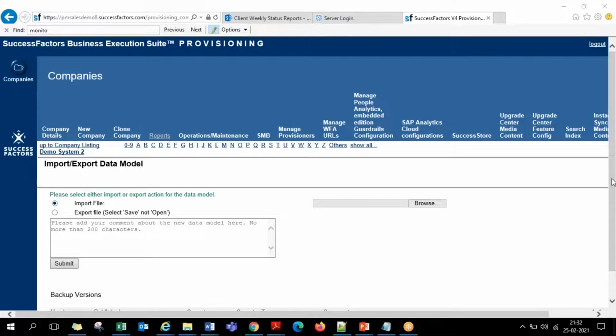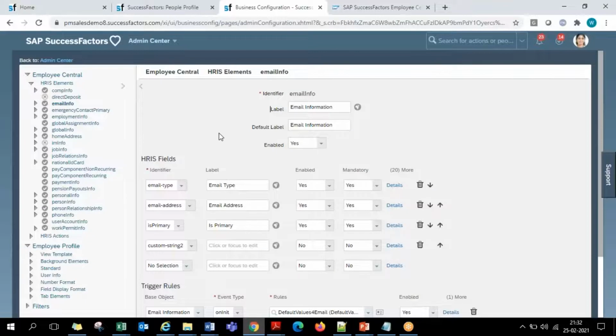Okay. Yeah, anybody else? I have questions, Suresh. Is it possible that there are fields which are available in the XML, whether it is standard or HRIS or the background element fields, but they're not available here? Is that possible too? No, not at all. How can it be? It's just a replica of front end. It's as it is, 100% as it is. You will not have such kind of a thing. It will be available in both the places. It's a replica.